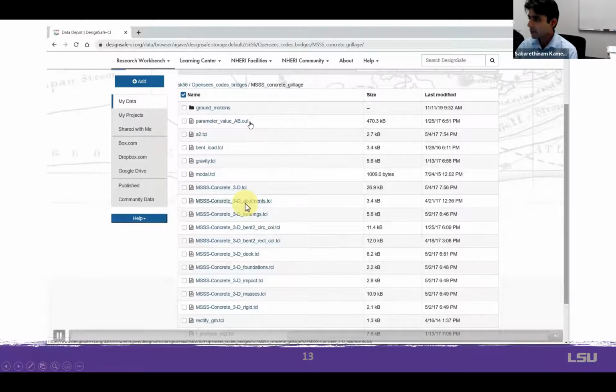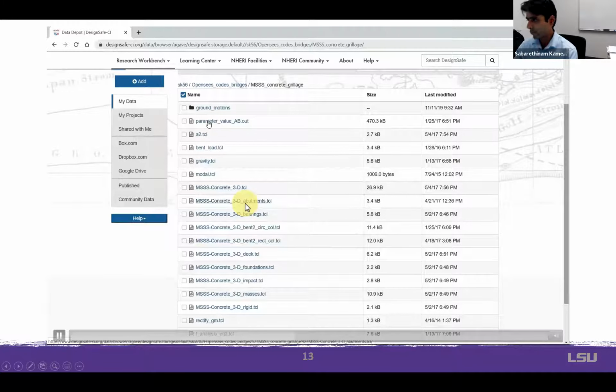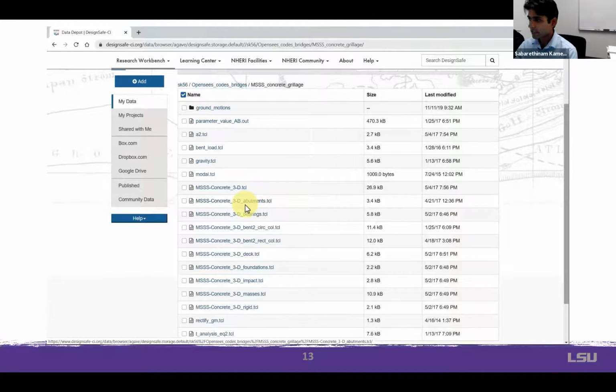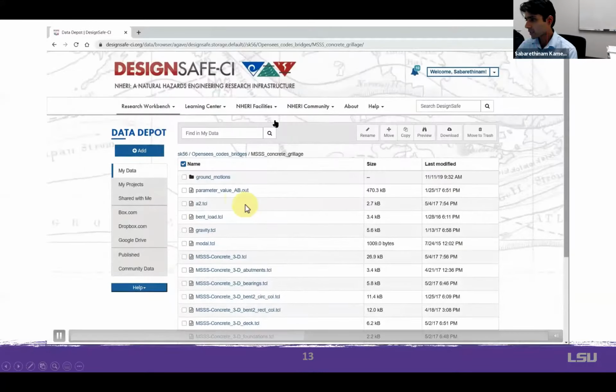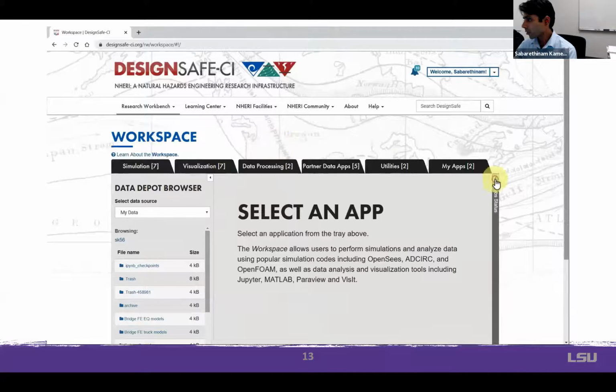These are the parameter values that we are going to give as inputs to our OpenSees code. Each parameter combination is a bridge. The ones that we just generated in the first step, which was the experimental design, we will be copy-pasting from MATLAB into this file, which is what gives the inputs to our OpenSees simulation.